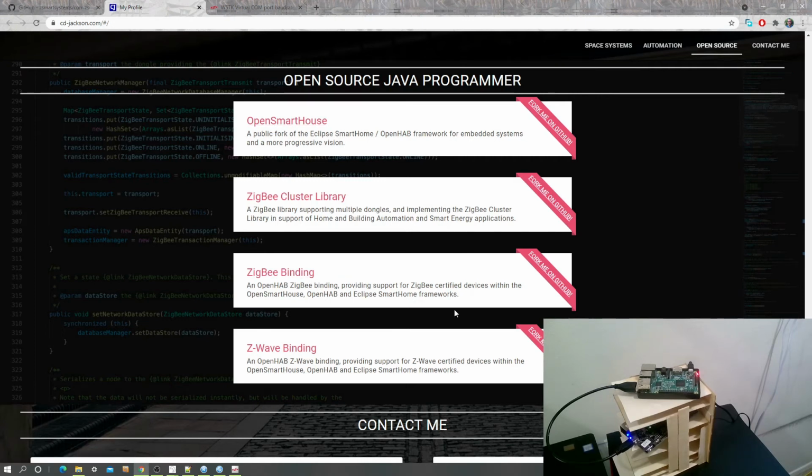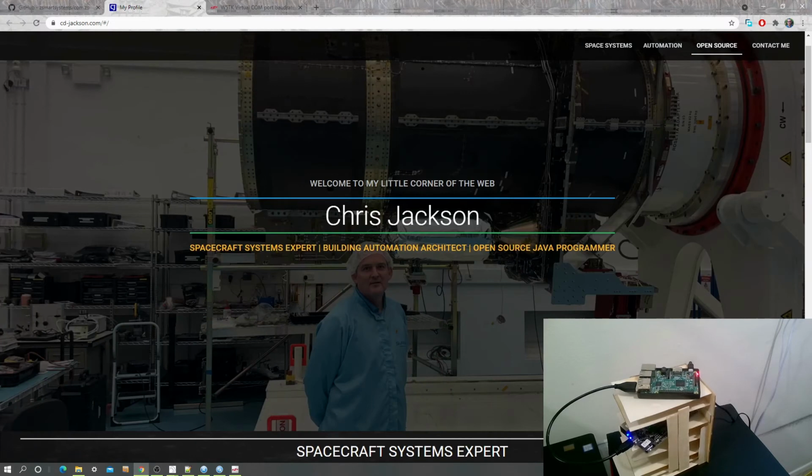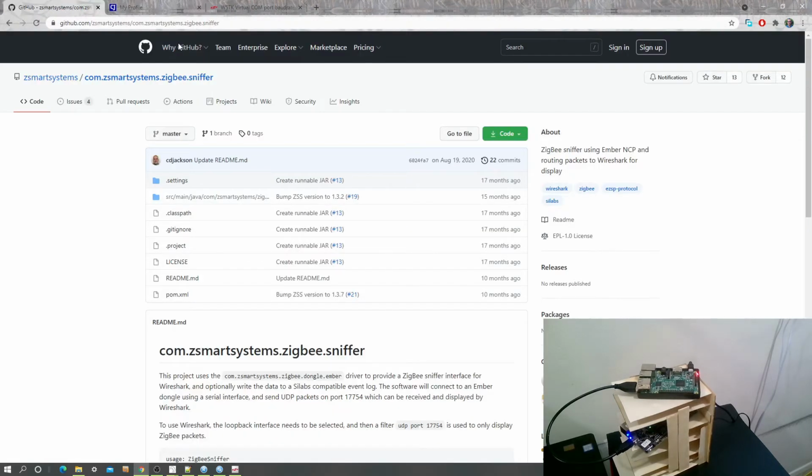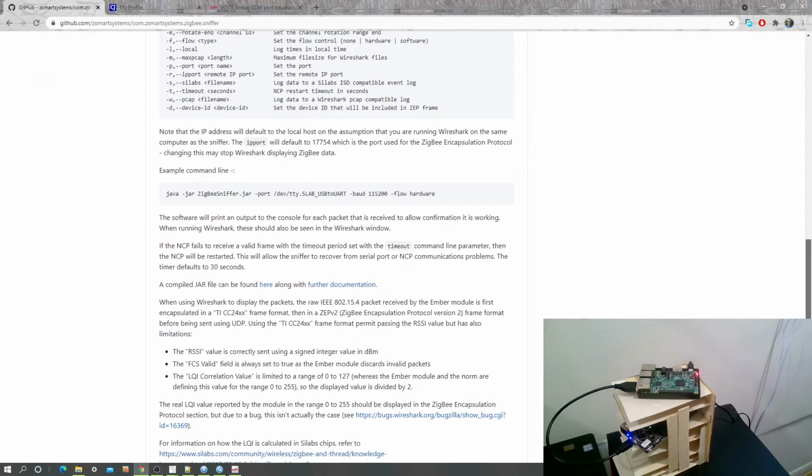You can have access to them on GitHub, and he has his own website as well, cdjackson.com. Actually I found that project on GitHub. You can clone that Java open source project on your PC and then compile it, but to save time, I just downloaded the compiled jar file from here